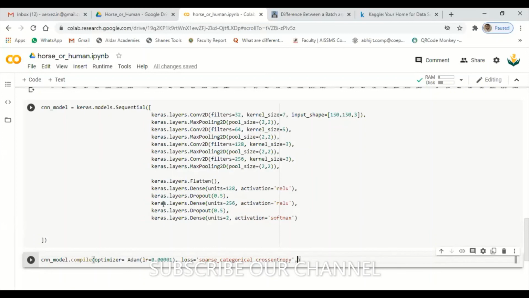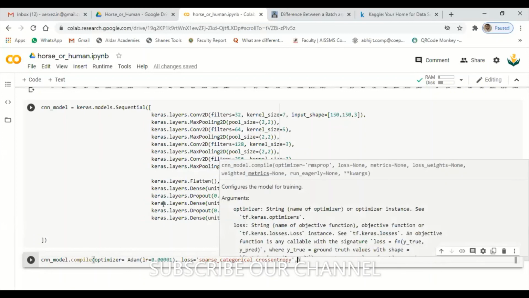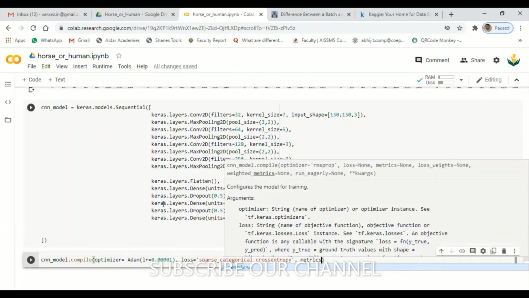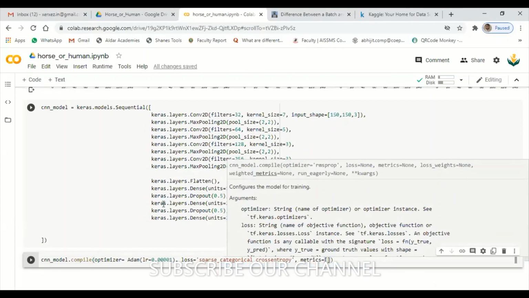Metrics should be, I want the final result, I want the accuracy. So metrics equals accuracy.